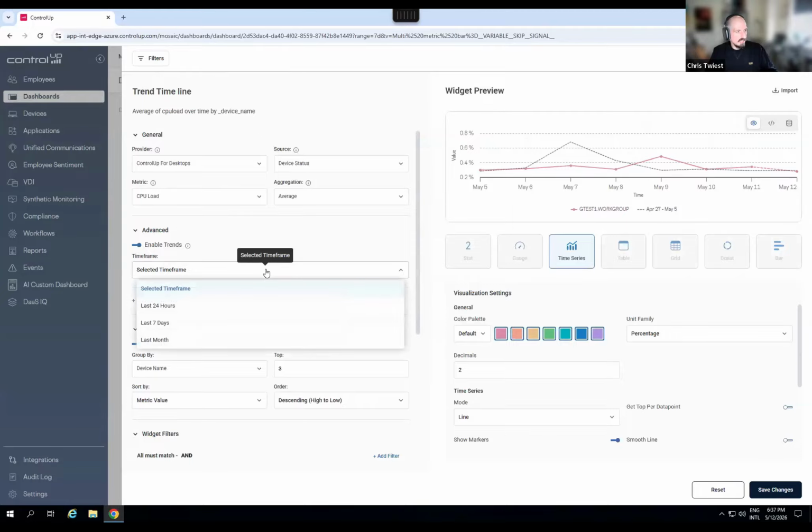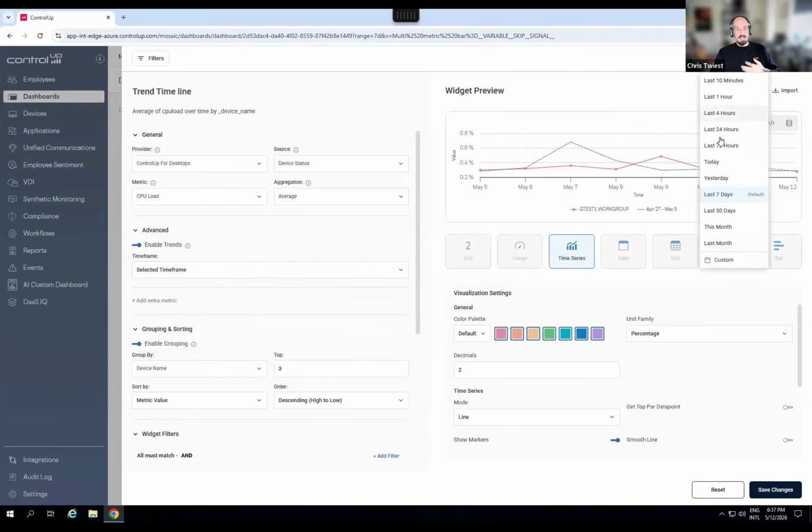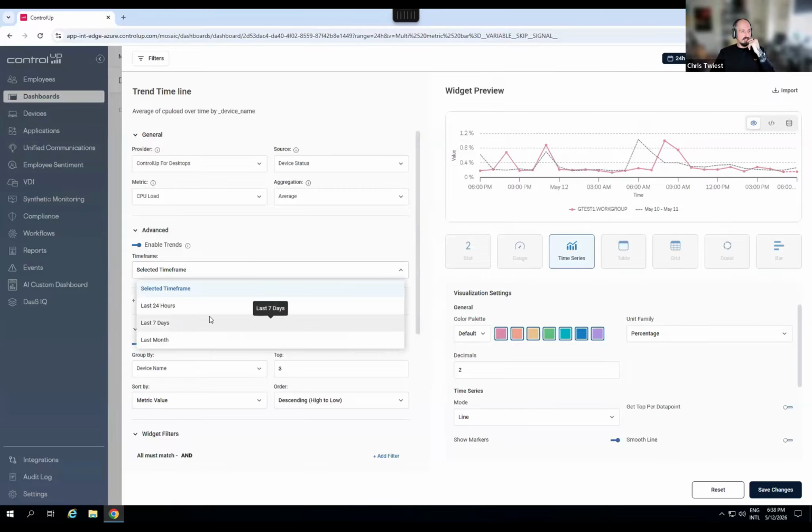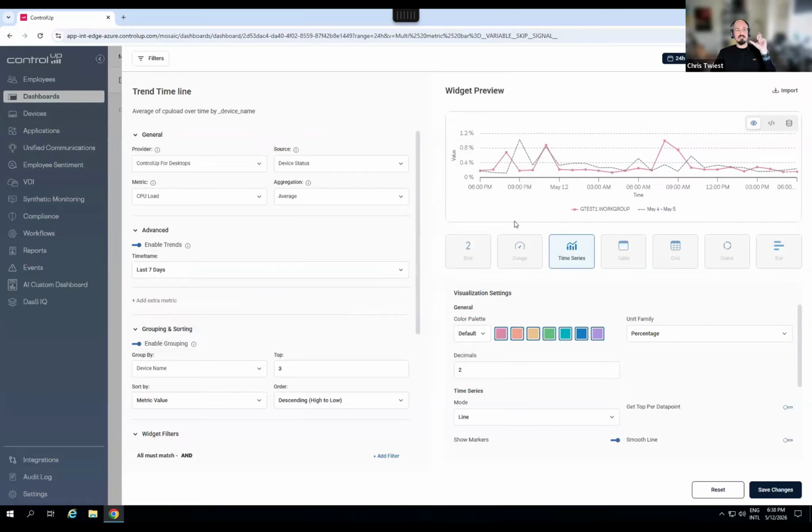But let's say it like this. What if you want to compare today? So we're going to put it to the last 24 hours. And today's Thursday, not to yesterday, but you want to compare it to Thursday last week. You can do that. That means you set the dashboard to 24 hours, so today, Thursday. And then if you select the trend to 7 days, it's now doing Thursday minus 7 days is the Thursday before, so May 4, May 5th.